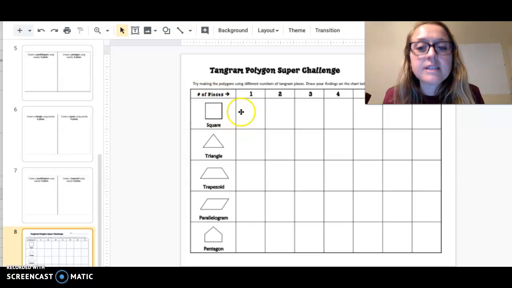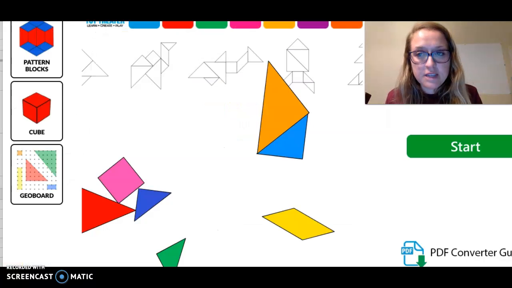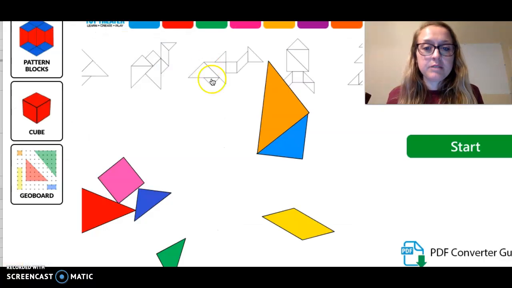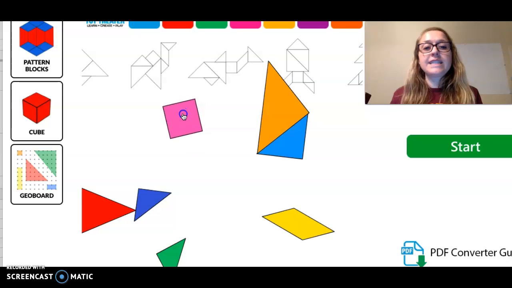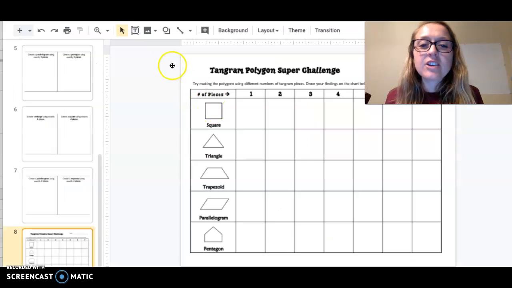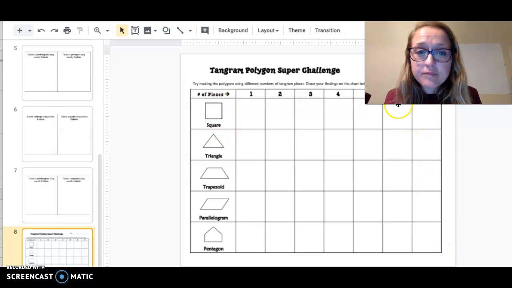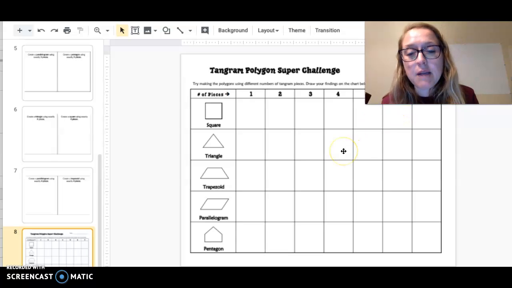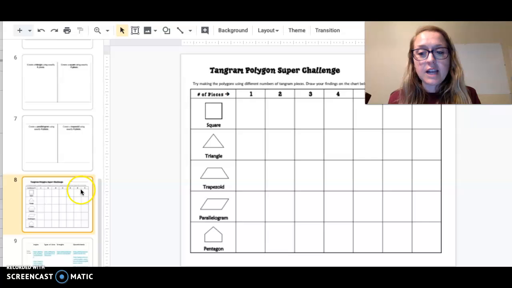So the number of pieces, can you use the tangrams here to make a square with 1 piece? Well, there, I did it, square. So I could just really quick draw a square, but once it gets more difficult into the 6 and 7, that's where I want to see some screenshots. And it does say some solutions may not be possible,